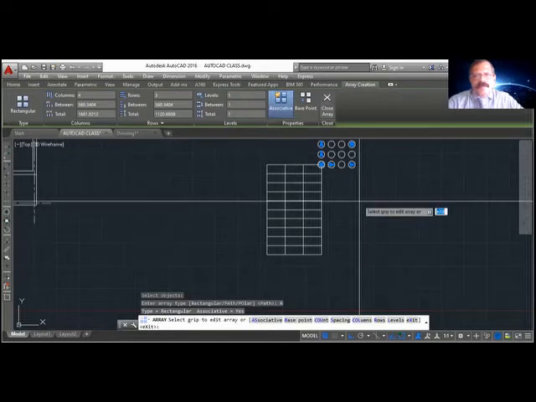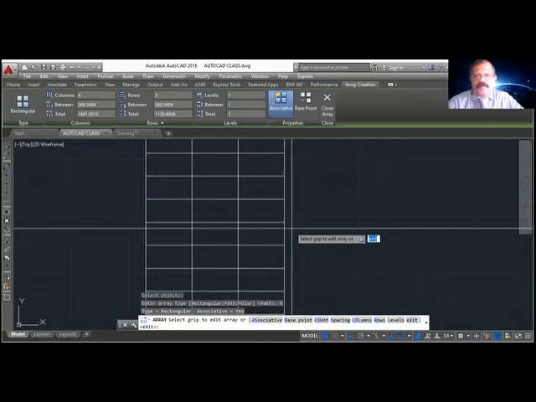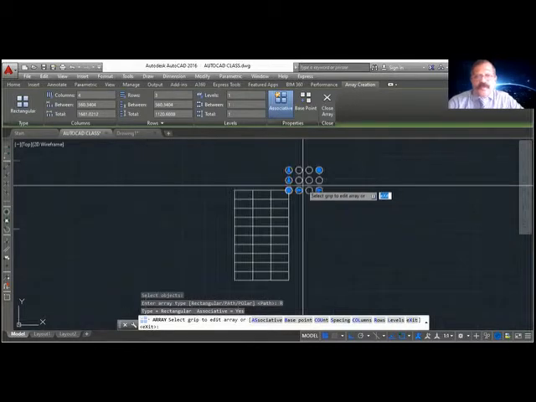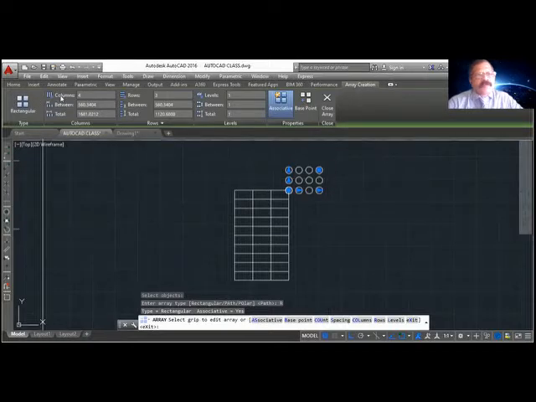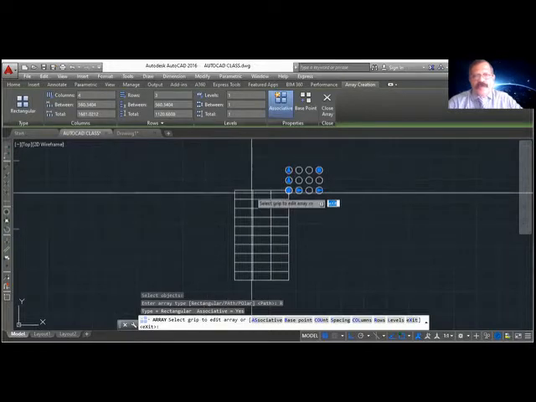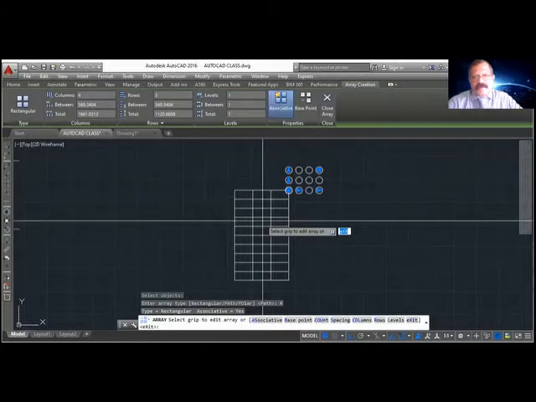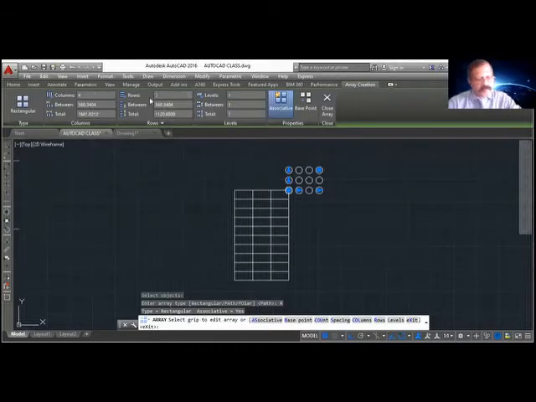Now, without giving any measurement, it just arrayed it at the top, but we want it at the bottom. Now we have to change the numbers and everything. The numbers are not matching with this. So we have columns, that means vertical lines, how many? 1, 2, 3, 4. So 4. Horizontal lines how many? 1, 2, 3, 4, 5, 6, 7, 8, 9, 10, 11. So we have to give rows as 11.